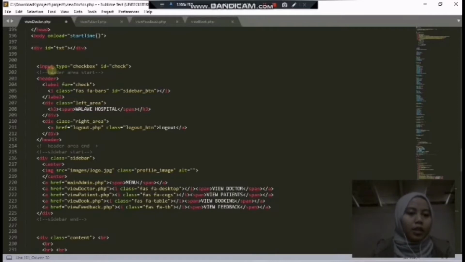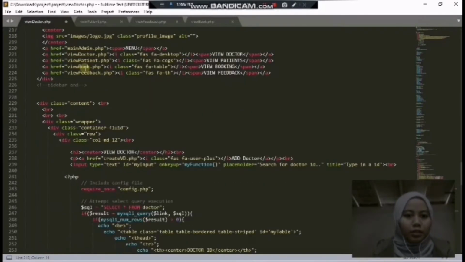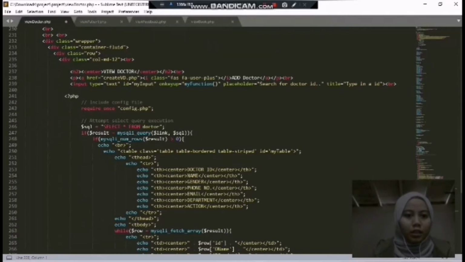and here is the detail of the area type, and this is the name of the hospital, and then this is the logout button. Okay, this is the sidebar button, and then we will go to